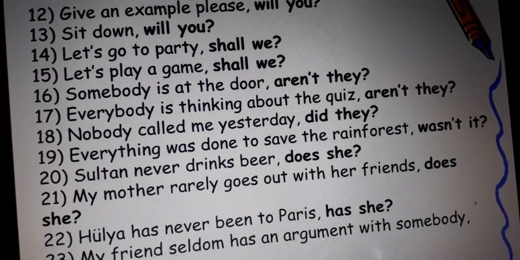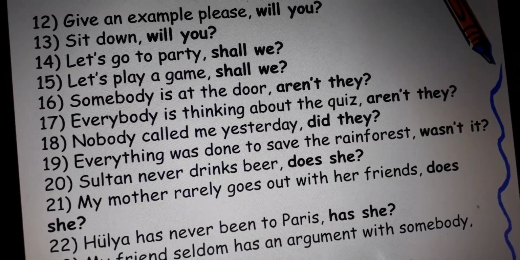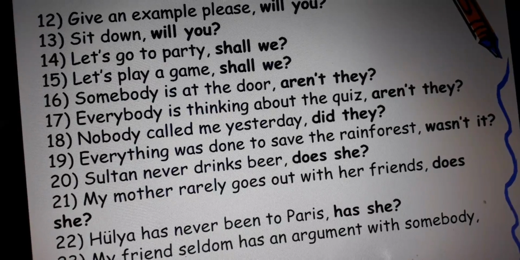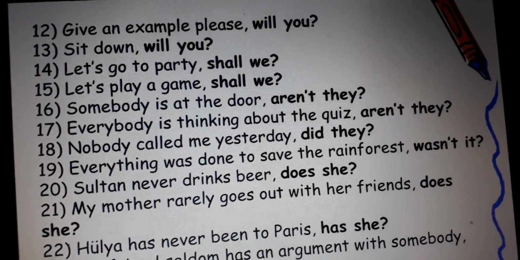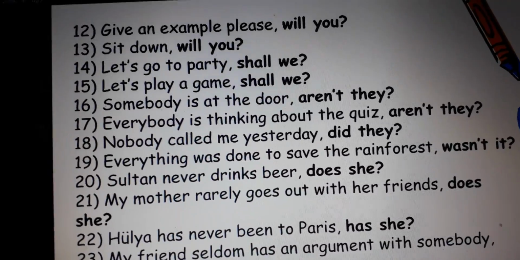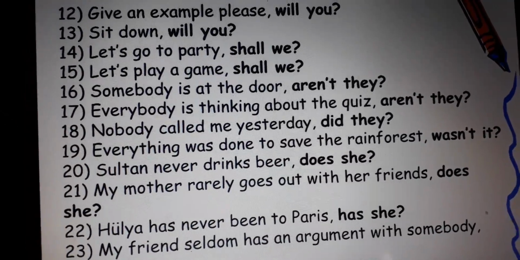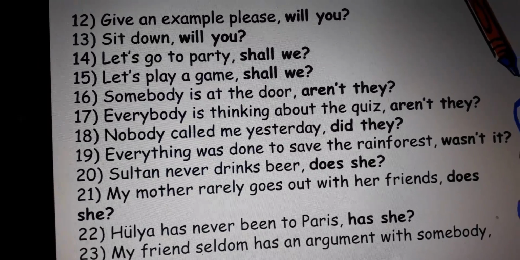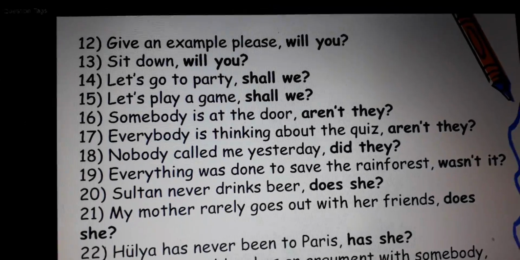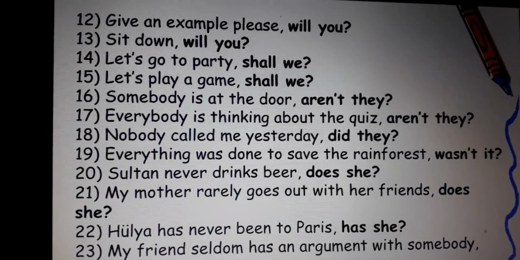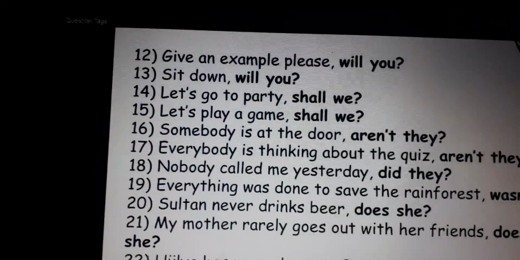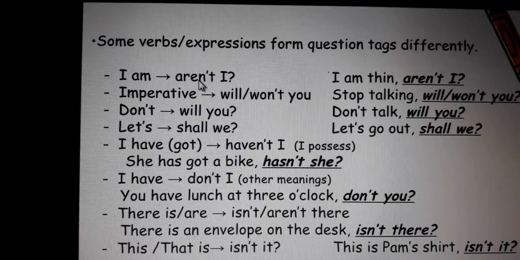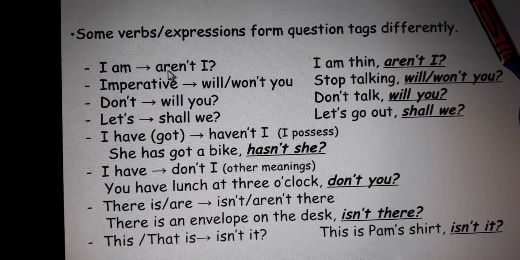If there is a helping verb, we are going to take the help of the helping verb followed by the subject pronoun. If there is no helping verb, we will identify the tense in the sentence and use do, does or did accordingly. Then if words with negative meanings are already there in the sentence, we will provide a positive question tag. Then we discussed some exceptions: I am will not be written as am I; in place of that, we are going to use aren't I.